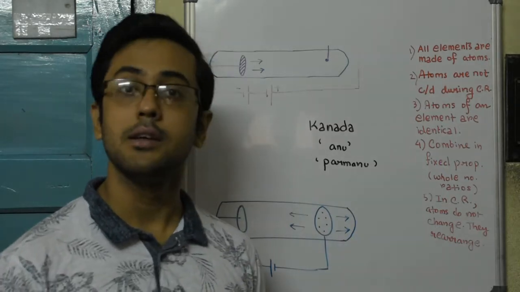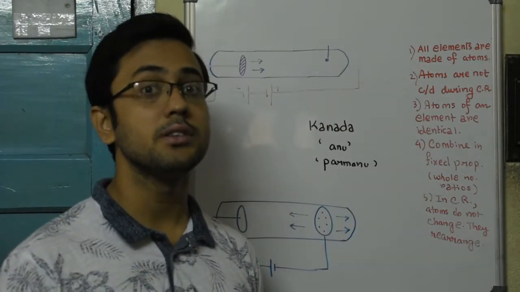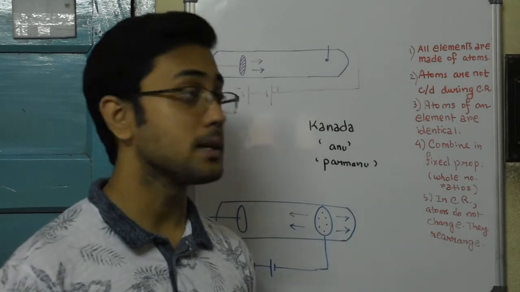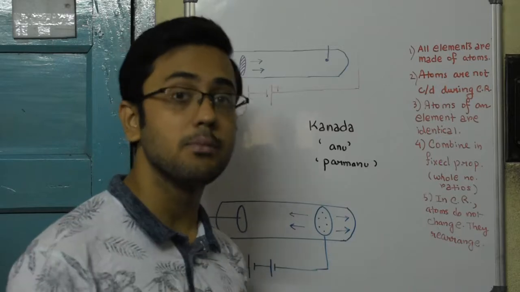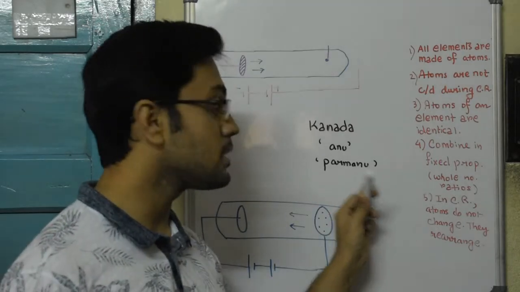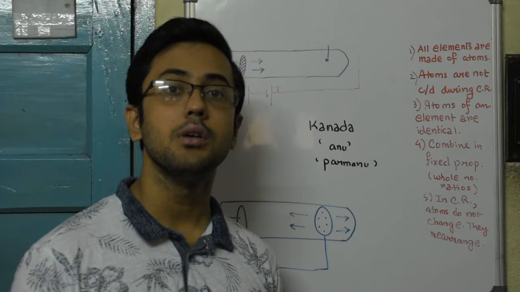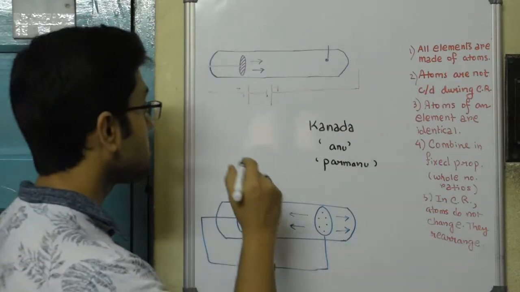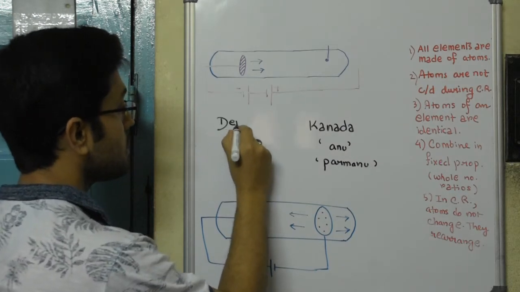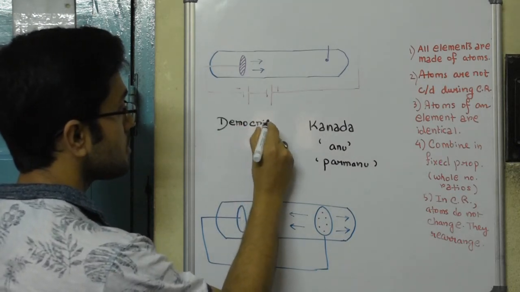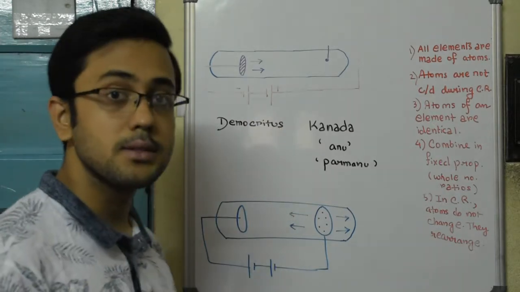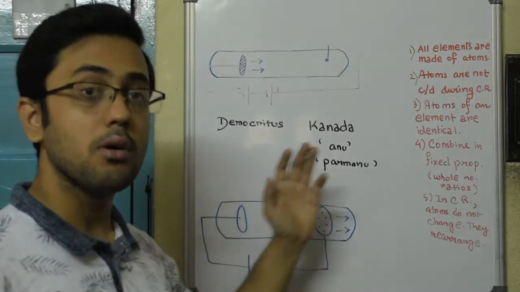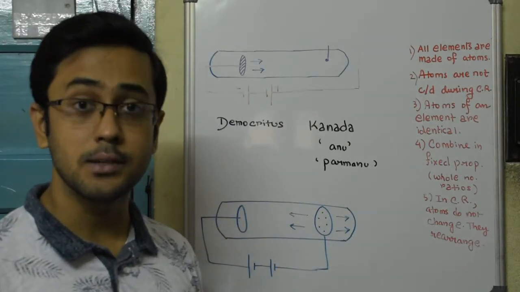Kannada believed that though the atom is the smallest indivisible particle that may or may not have an independent existence, if you divide the atom even further, you will get something as Paramanu. What is that Paramanu? There is no idea about that from his texts. But there is another person by the name of Democritus. Democritus was a natural philosopher of ancient Greece. So Democritus also came up with this idea of the atoms.